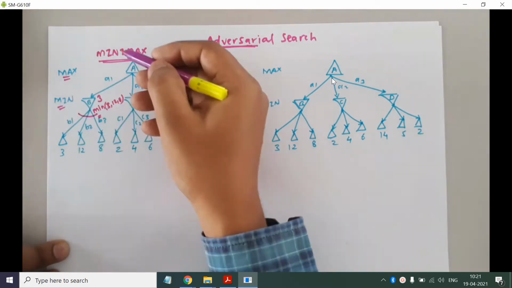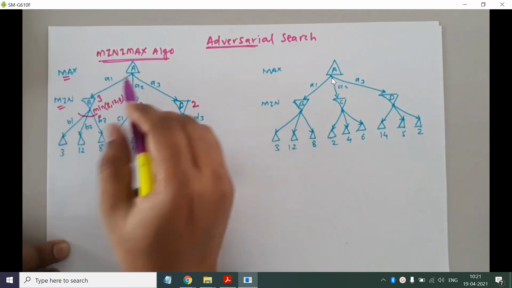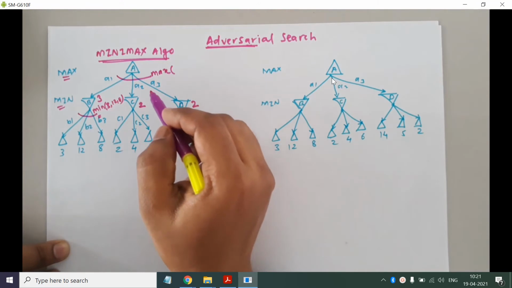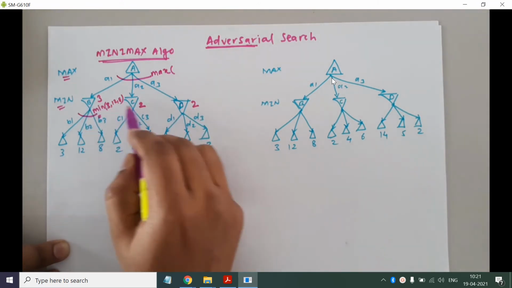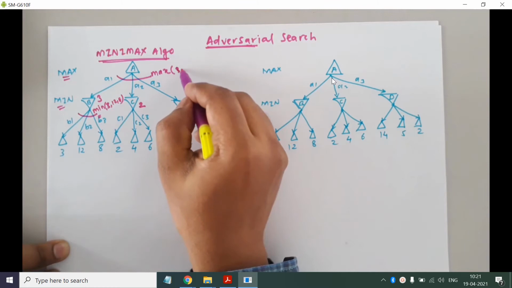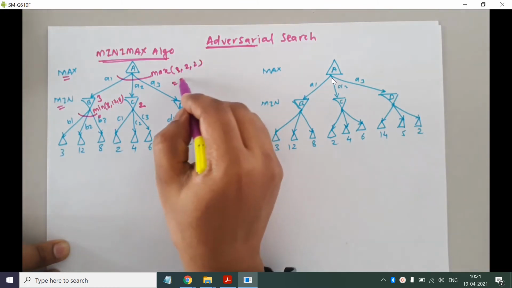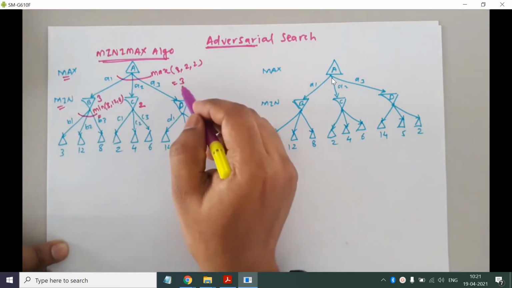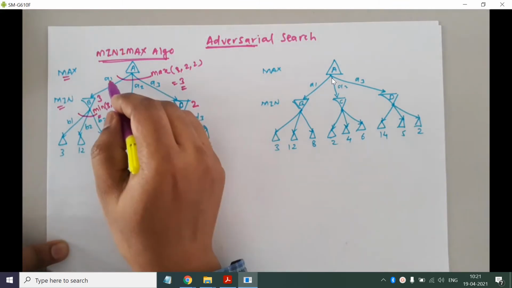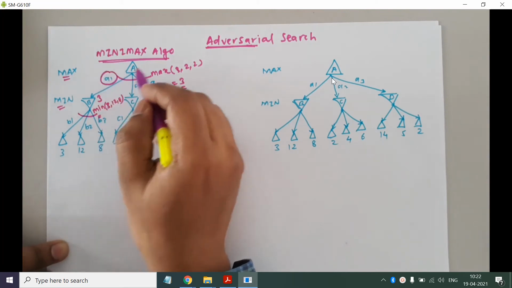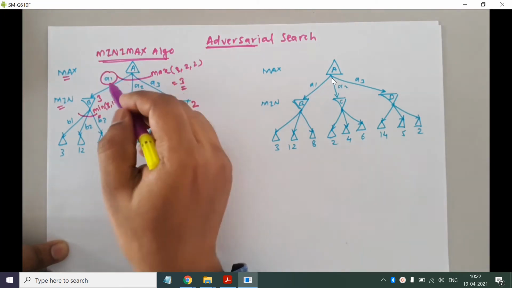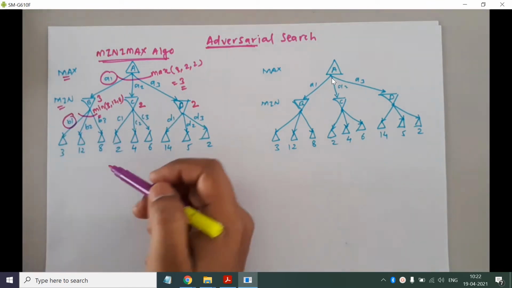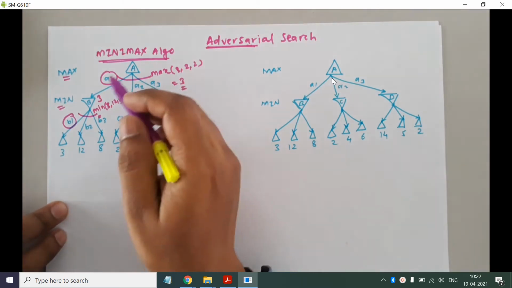And at the higher level we have the max player. Okay, so we'll take the max of the minimax values of its children. Okay, these three are the children and their minimax values are 3, 2, 2, so we'll take the max of 3, 2, 2, so 3. Okay, so the best reward possible for our max player is 3, and it is possible when he takes action A1 at level 1. Okay, and then in response to that min will come up with the action B1. Okay, so this is regarding the minimax algorithm.